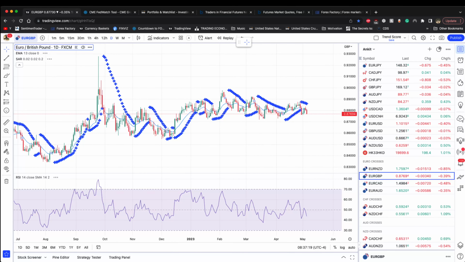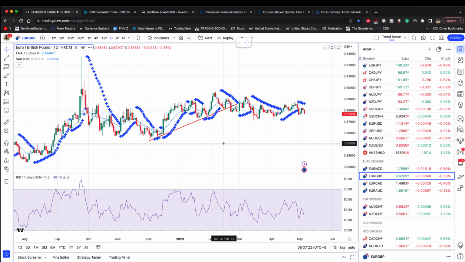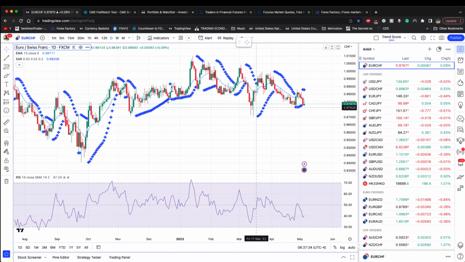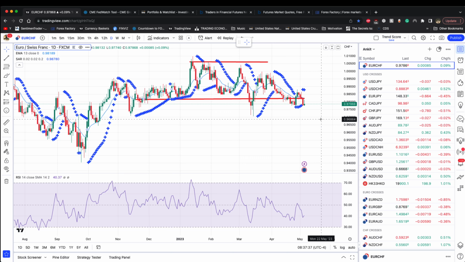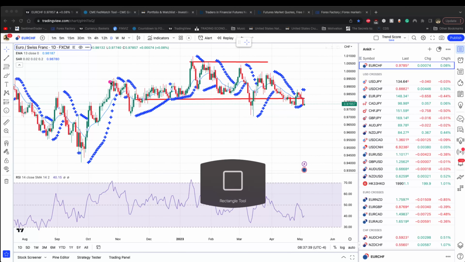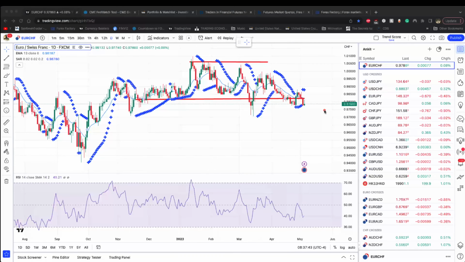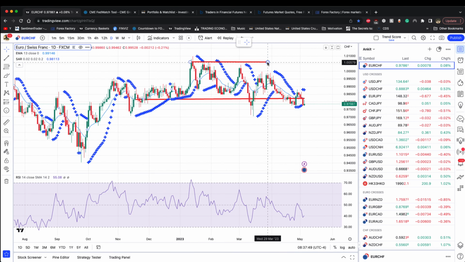So let's take a look at euro against the pound. Which one is showing better? So this is again euro against the pound. It is just telling you that euro and the pound have not diverged whatsoever. So very standard sideways price action. Let's take a look at euro Swiss franc. And over here, you can see that Swiss franc seems to be a little bit stronger than the euro. But in the grand scheme of things, in the last 6 months, this thing has not gone anywhere. So we are in this bigger range that we are dealing with here.